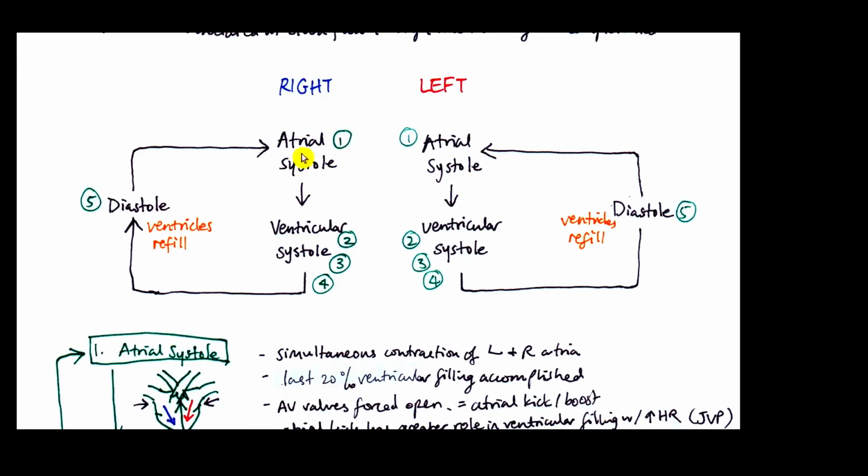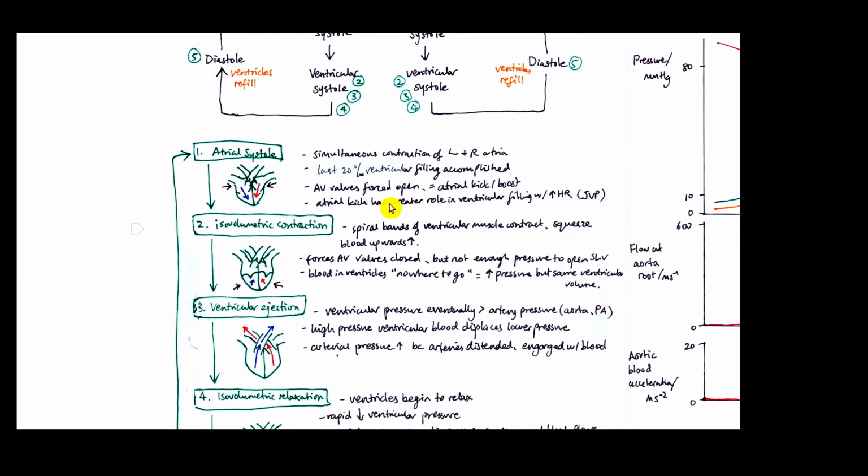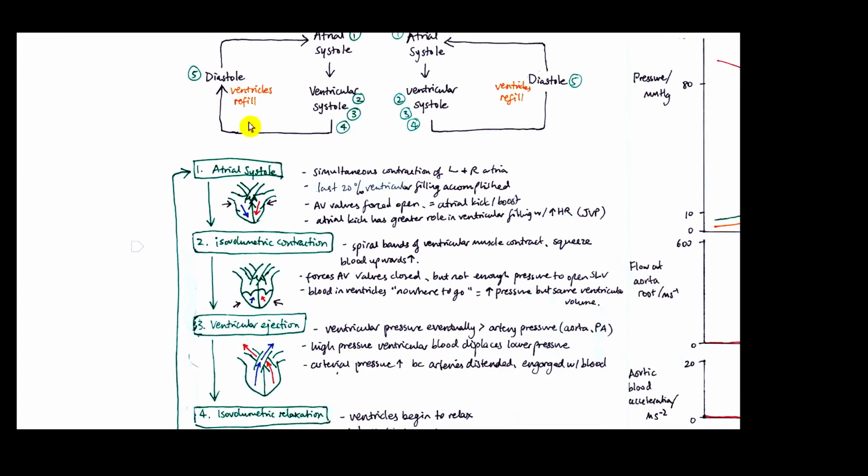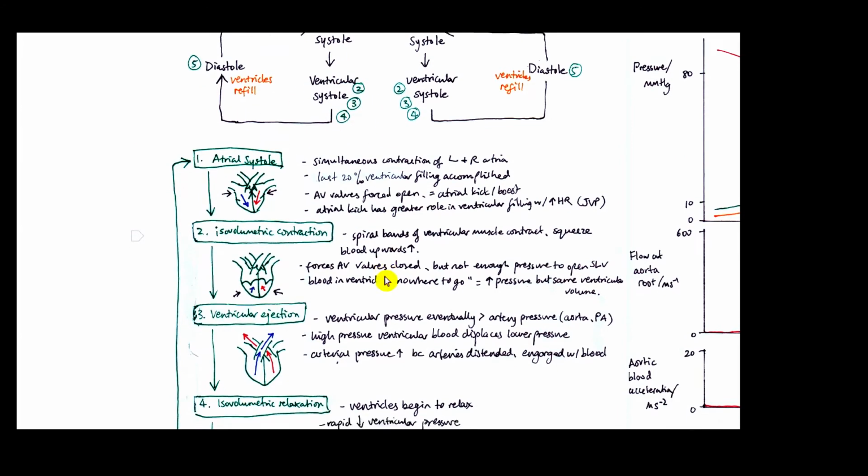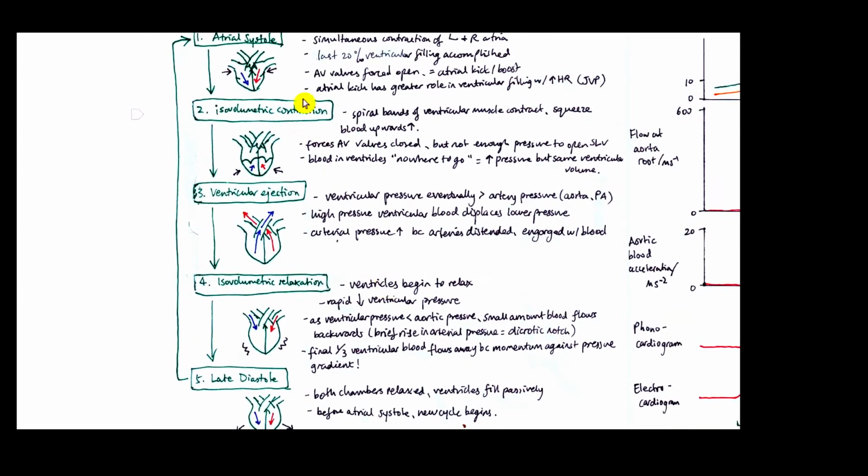The same thing is happening on both sides, remember. Then ventricular systole, the ventricular contraction, which is made of three main parts, as we'll get onto. Then diastole after that, when everything relaxes and the ventricles refill, and then atrial systole happens again. So this is the main outline of it. Now there are actually 5 phases, with 3 phases in ventricular systole. These 5 phases are firstly atrial systole, then isovolumetric contraction, ventricular ejection, isovolumetric relaxation, and